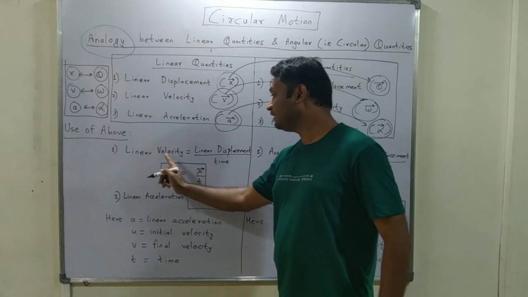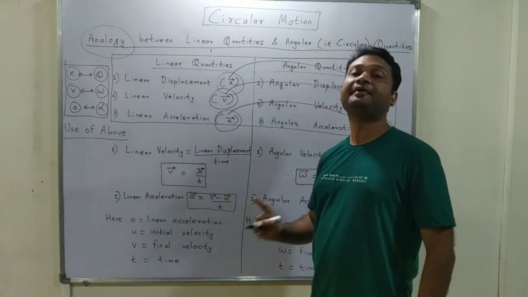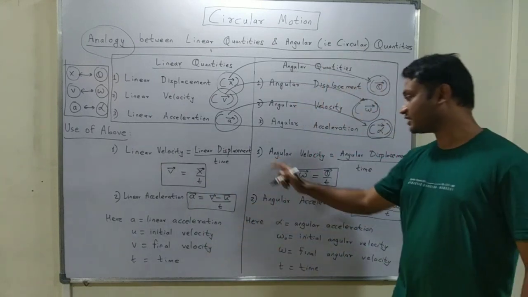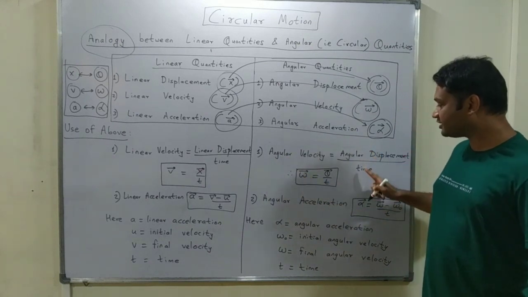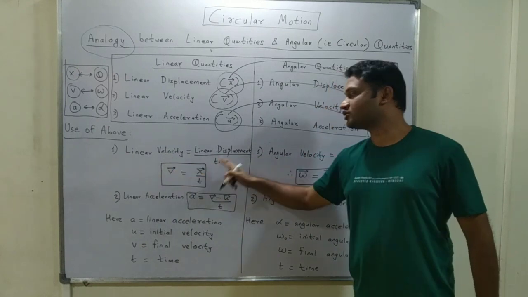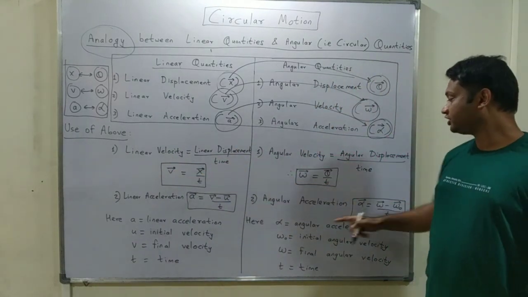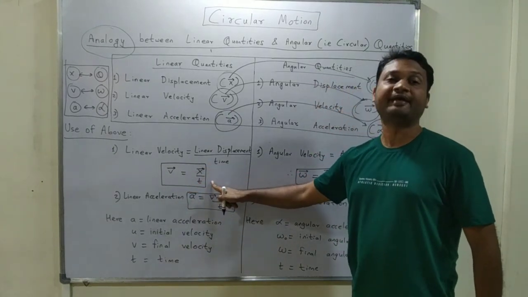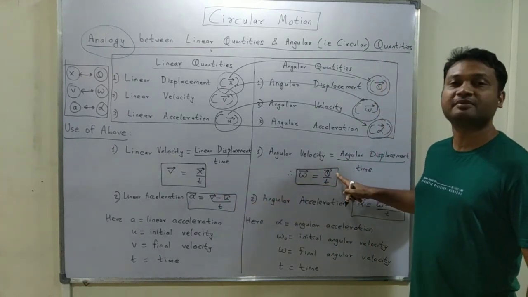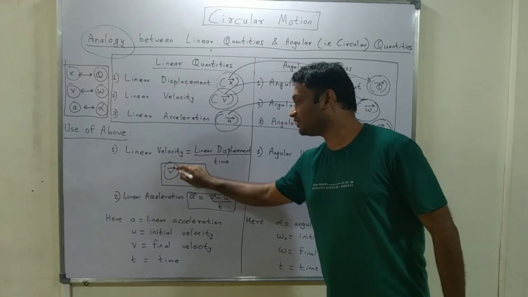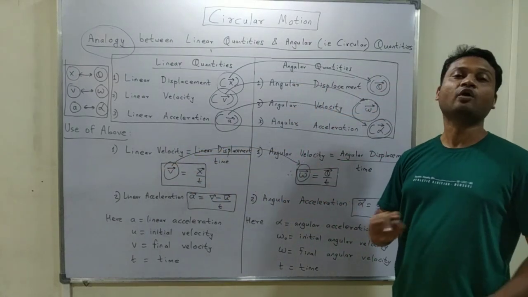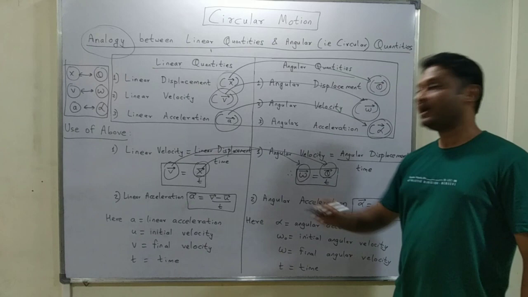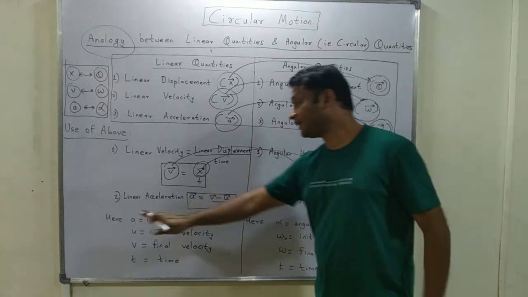इफ वी रिमेंबर द फॉर्मूला फॉर लीनियर वेलोसिटी, इट इज डिस्प्लेसमेंट अपॉन टाइम। सिमिलरली सर्कुलर मोशन में हमारे पास क्या होगा? एंगुलर वेलोसिटी इज इक्वल टू एंगुलर डिस्प्लेसमेंट अपॉन टाइम। वेलोसिटी v इज इक्वल टू डिस्प्लेसमेंट x अपॉन टाइम। एंगुलर वेलोसिटी ओमेगा इज इक्वल टू एंगुलर डिस्प्लेसमेंट थीटा अपॉन टाइम। जहां हमारे पास लीनियर डिस्प्लेसमेंट x है वहां हमारे पास एंगुलर डिस्प्लेसमेंट थीटा एंड टाइम रिमेन्स सेम।